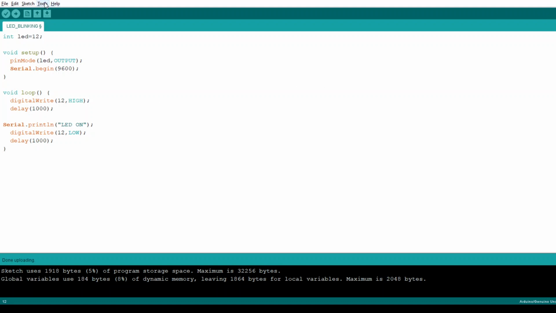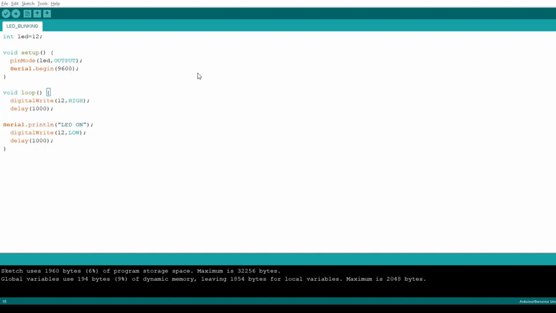After putting the code, under Tools we have to check the port. Here I am taking the default port. The connected ports are shown below. Here I am taking the Arduino port as COM3. I have declared it. Then it shows "LED is on," right? So I have to open the serial monitor. This icon shows the serial monitor.